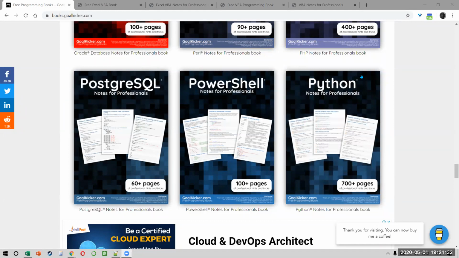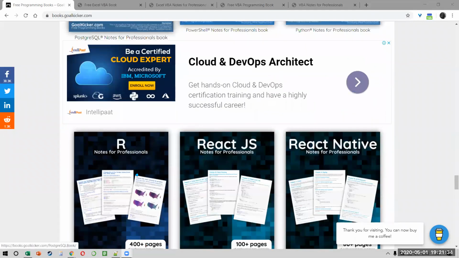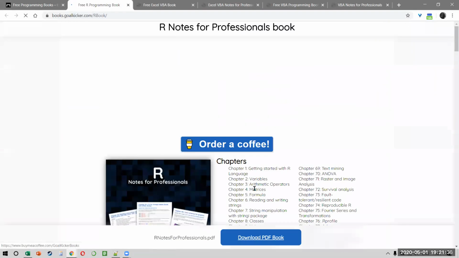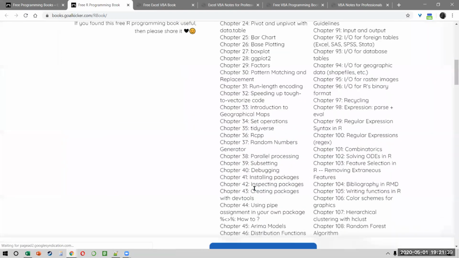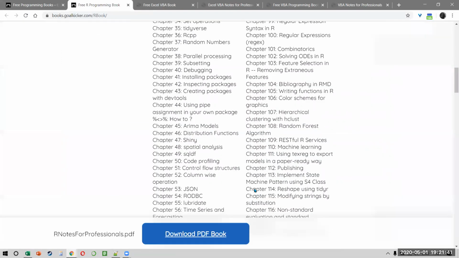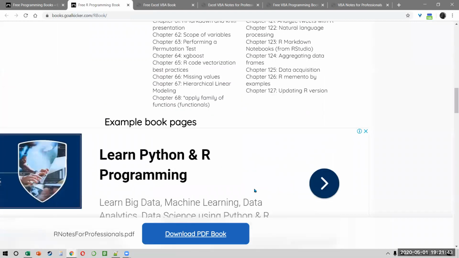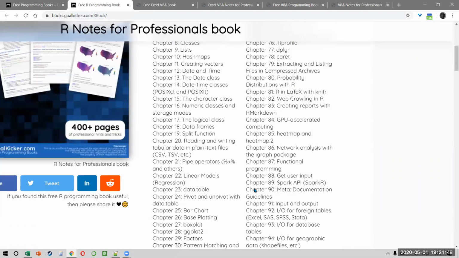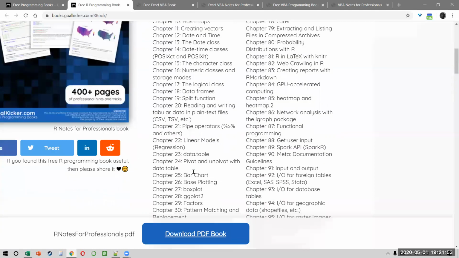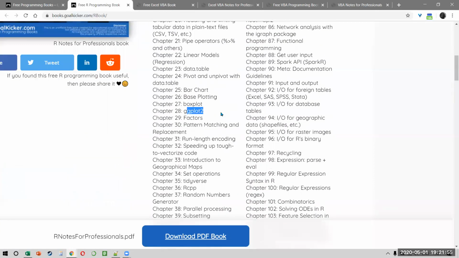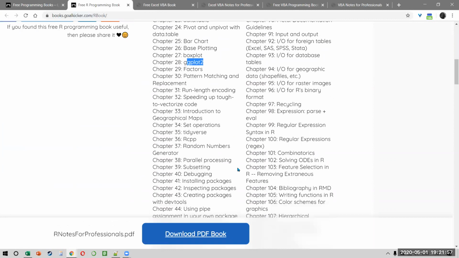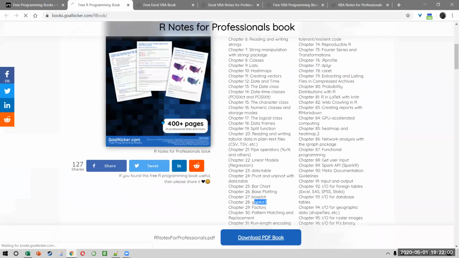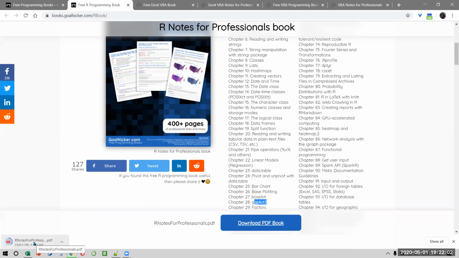What do you mean when you say is it for the users also? I mean, not the R developers. I mean, users like us who just want to use the programming codes and languages for our own inputs. Not really. Even if you look at the topics here, you don't really notice any visuals and statistics and all that. It's mostly about the programming side. You do have ggplot and all, you have scatterplot, you have ANOVA and all. Like I said, let me open it and see. I don't work on R, so I will not be able to comment on it.